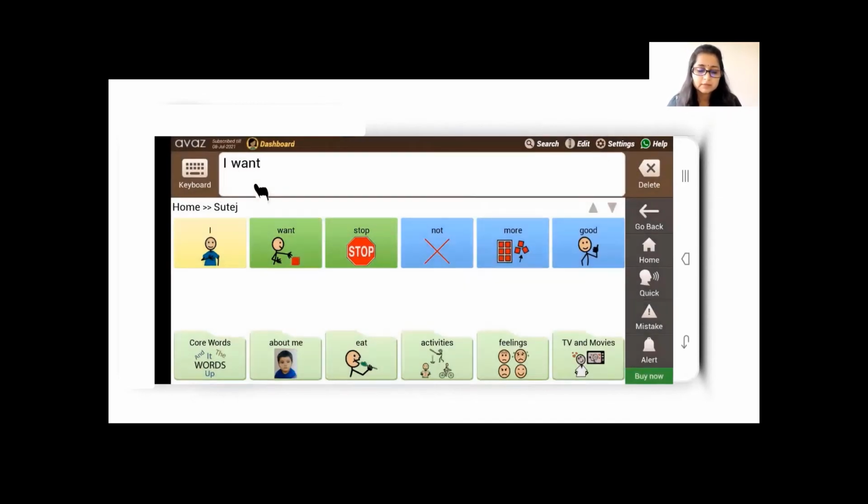This can be a feature that's useful when your child is learning to read words and you don't want the child to rely on symbols. When you're facilitating a transition from symbols to pictures to text mode, when you want to bring in more literacy intervention, that's when you can use these settings.